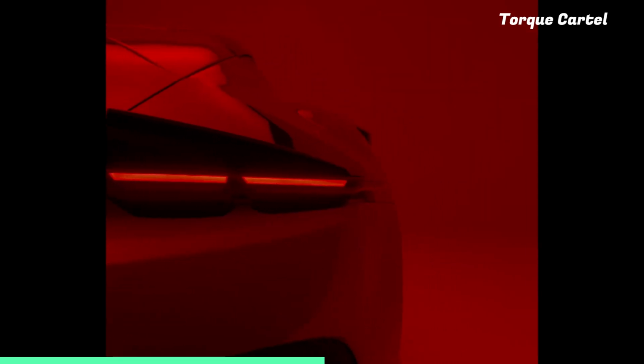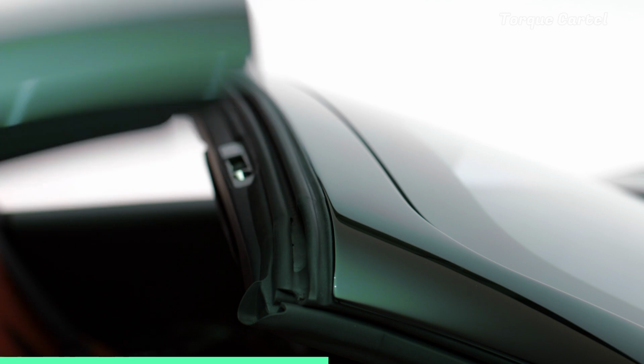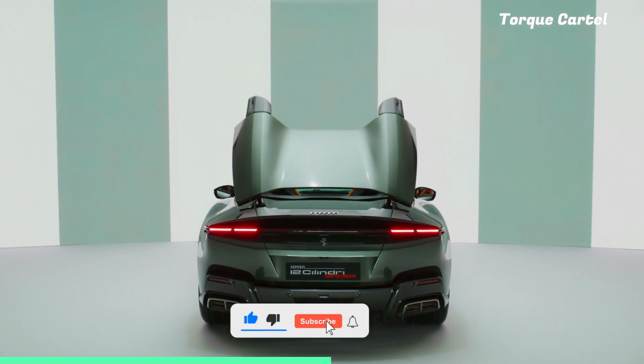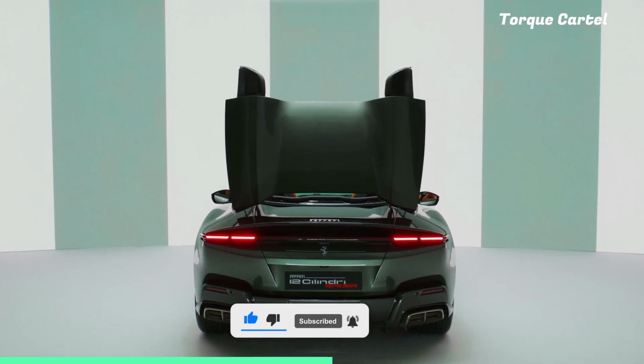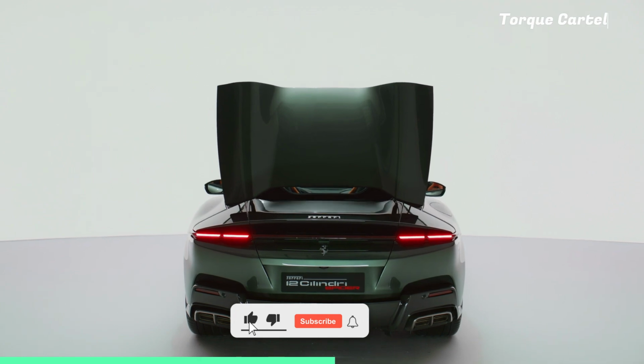To guarantee that the soundtrack in the cabin is perfectly balanced, the intake tract was modified. Modifying the position of the resonators also changed the pressure waves, resulting in a richer range, particularly in terms of the middle frequencies. The result is a cleaner, more full sound in the cabin in all driving conditions, but especially